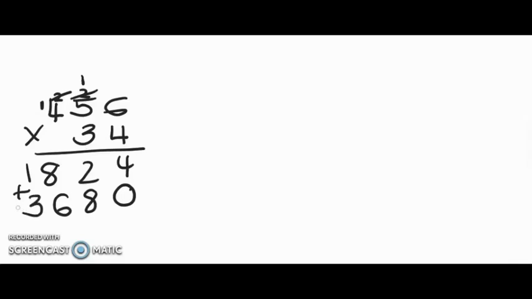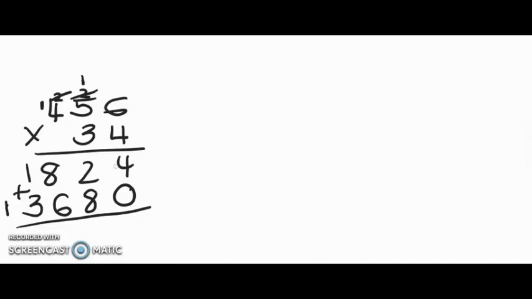As you can see, there is no digit next to the 4 for us to put the remaining digit. Therefore, 456 multiplied by 34 will give us, as we will be calculating in the next step,